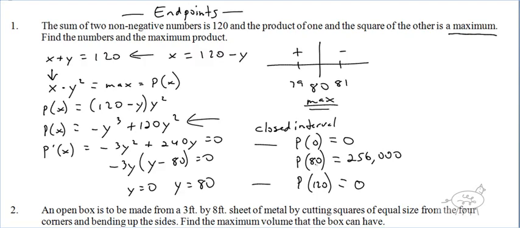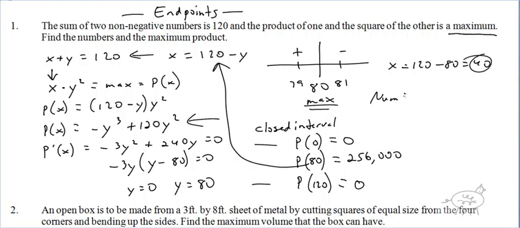Okay. So the final answer to this problem then is 80, and of course this is y, right? You guys agree with that? This is the value of y. Not that it matters which one's x and which one's y, but then when we plug it back into this guy right here to find x, we get x equals 120 minus 80, which is 40. So my numbers for my answer are 80 and 40,